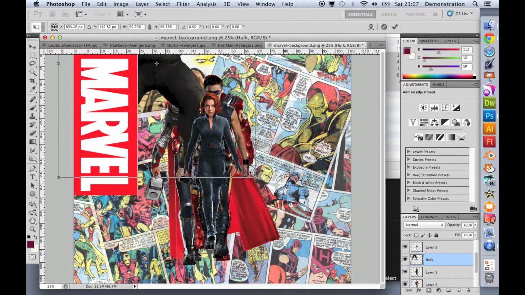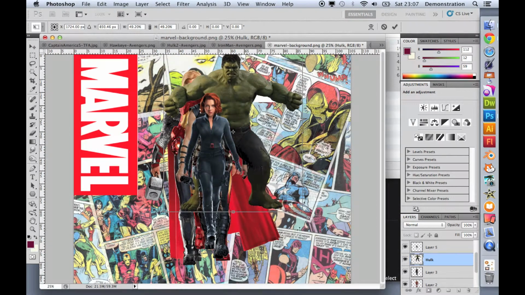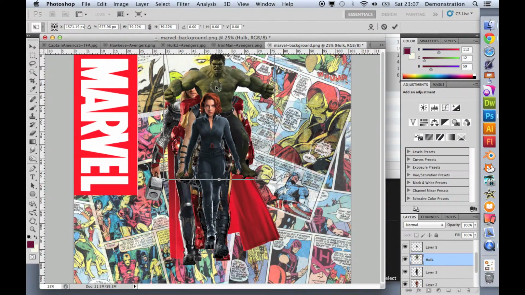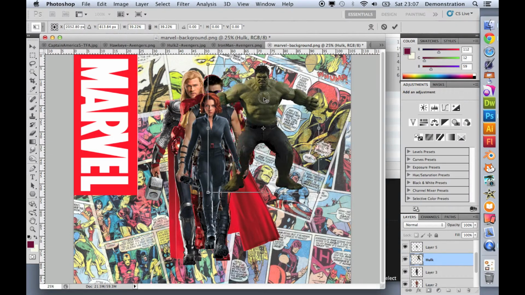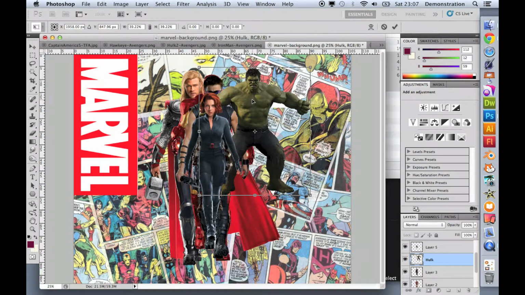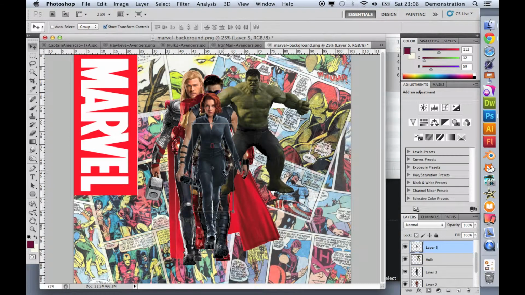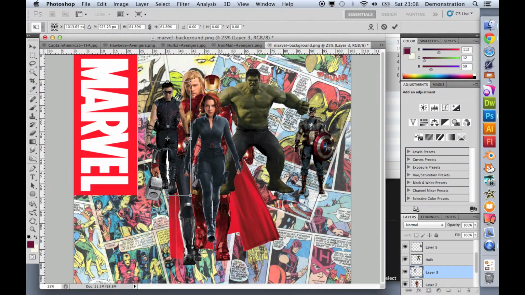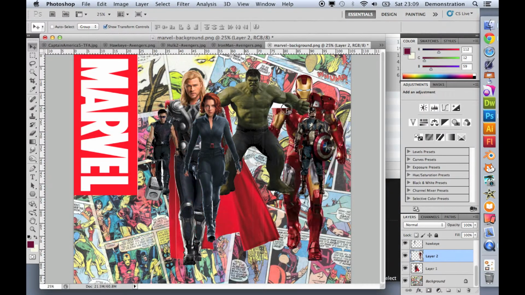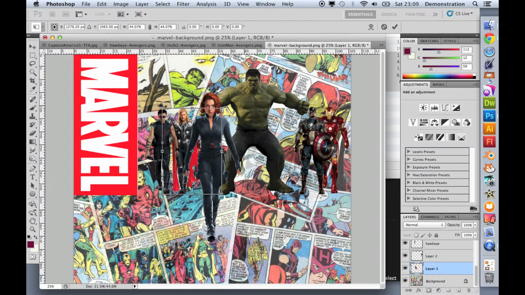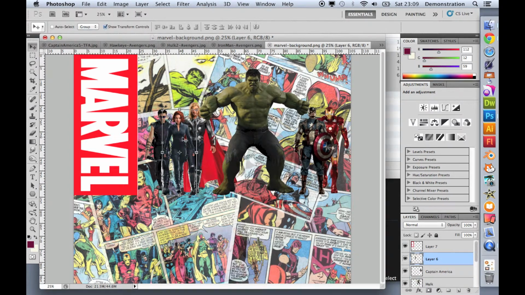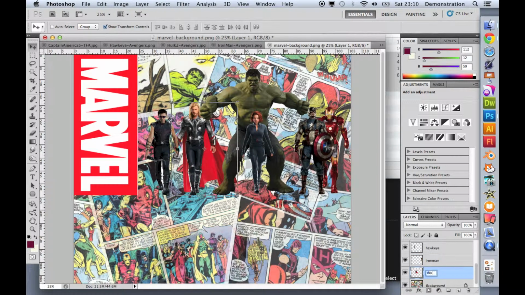tool and just resize the Hulk so he's a little bit smaller, fits on the page, and he's about the size of the Marvel logo there, and I'm going to plonk him pretty central in my picture, I think. Press return to confirm my change, otherwise it won't let me do anything else, and that's 4, so each of my characters are labelled, and I'm just going to make the Hulk a little bit smaller